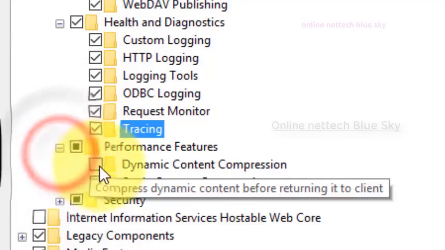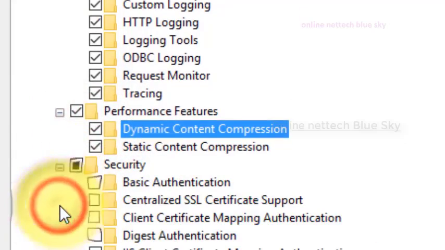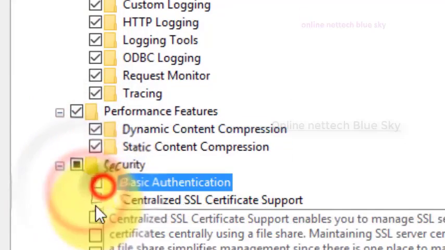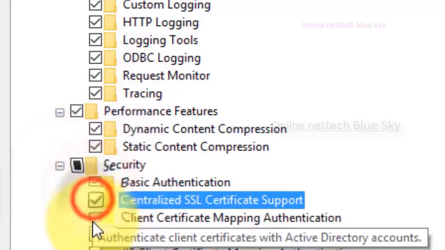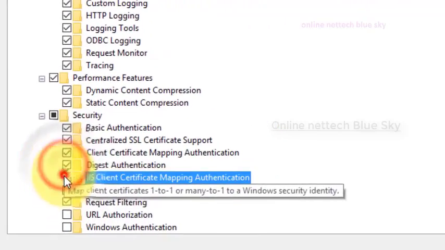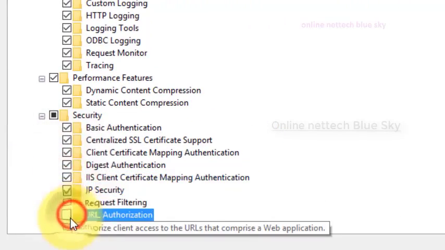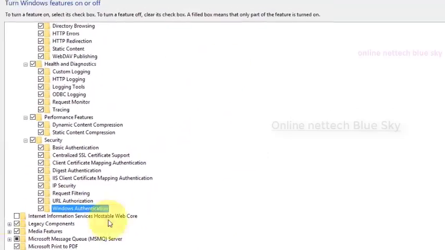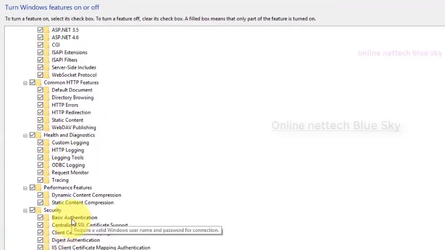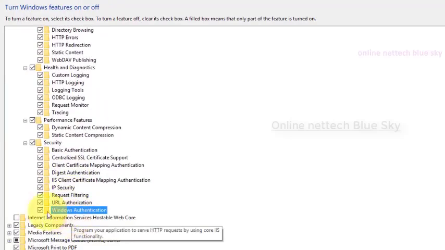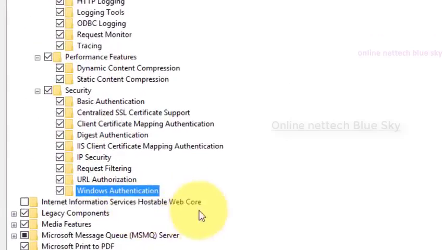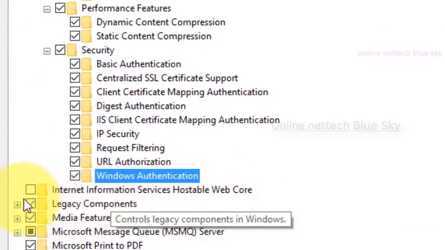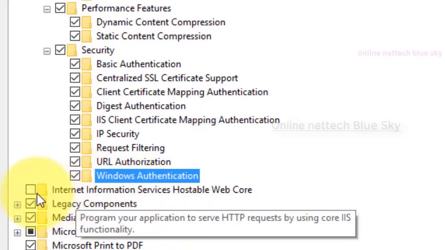In this video I will discuss all the features of Internet Information Services with the different types of services. Okay, so I click here and add all the features to my computer. This is my simple client computer, not a server, a local computer.